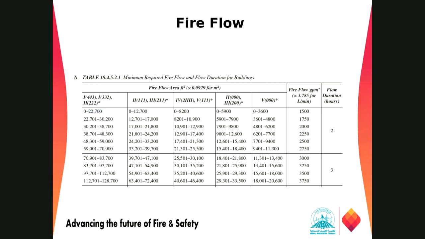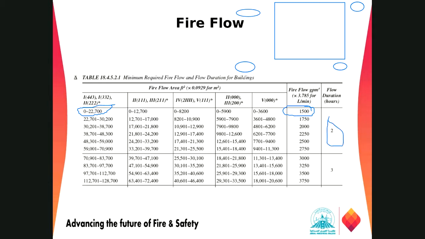So normally when they are talking about the fire flow requirement, it is just like the manual fire protection fire flow requirement: from the fire hydrant, what should be the minimum flow available at those fire hydrants for this number of hours. So if your building is type 1 or type 2 construction, and the building area is 0 to 22,700 square feet, we need 1500 GPM of water for 2 hours. If the area increases further, the flow requirement also goes up, still for 2 hours.